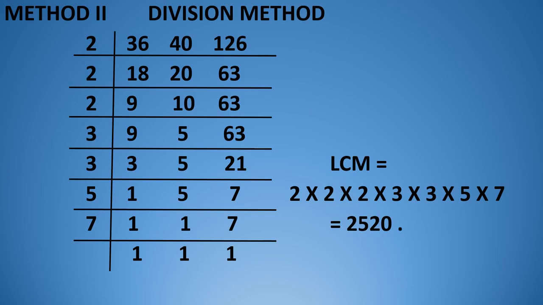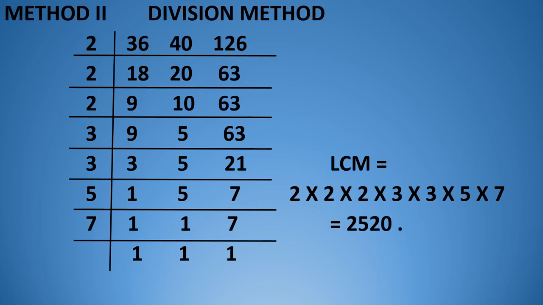These 3 numbers are divisible by 2. Okay. So we will divide 36 by 2, 18. Now divide 40 by 2, you will get 20. 126 by 2, 63. Now again we will divide all these numbers by 2. 18 divided by 2, 9. 20 divided by 2, 10. And 63, it is not possible to divide 63 by 2. So bring it forward as it is. Okay, write down 63 as it is. There is no change in that.